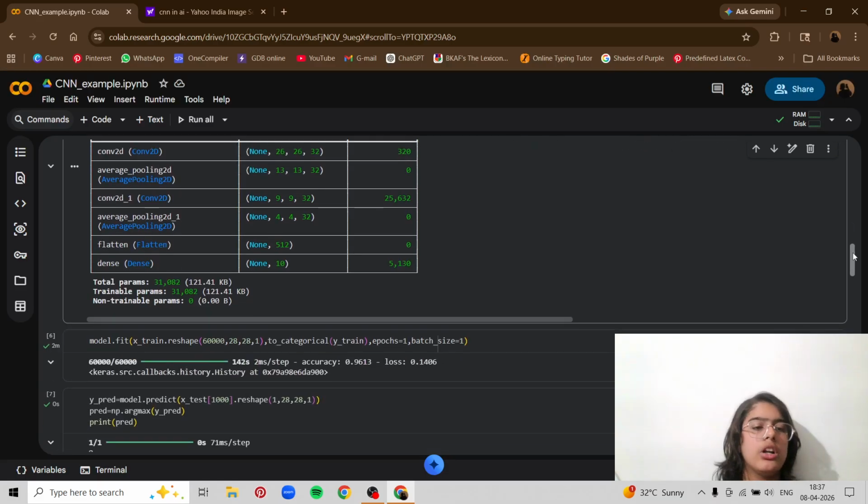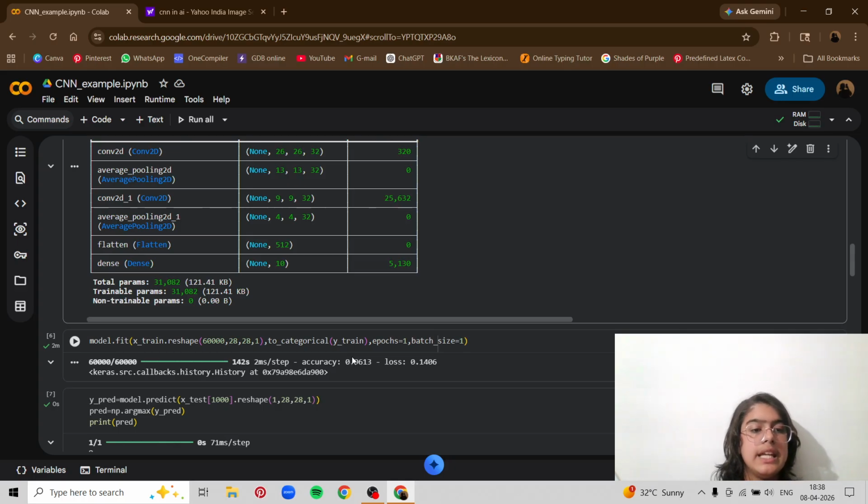Next we have model.fit. In every model that we make, after we build it, we have to fit the model. So I have used model.fit. If the name of your sequential is anything else, you will put it instead of model. And then I have put xtrain.reshape. In brackets I have 60,000, 28, 28, 1, and to_categorical of y train.